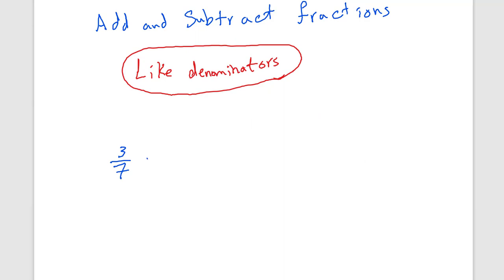Okay, 3/7 plus 2/7 is equal to 5/7. We just add the numerators. Okay, another one,